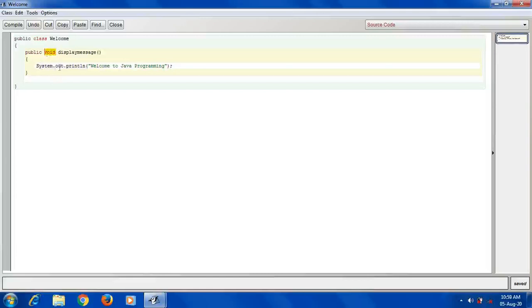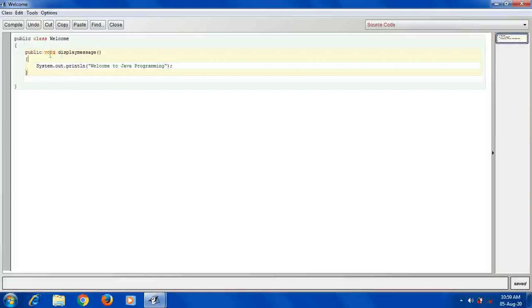If you are sending any values, you have to mention it here. For example, if you are adding two numbers and want to send that answer to another block, you have to mention the return type. When we add two integers, we get one more integer, so the answer will be in integer form. Then here you have to write int, meaning an integer type of value is going from this block. Understood?